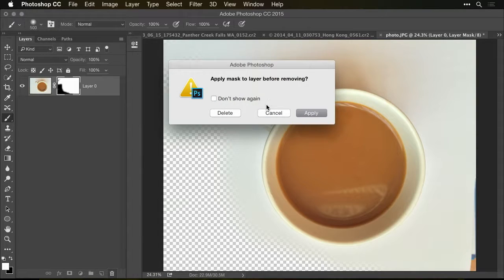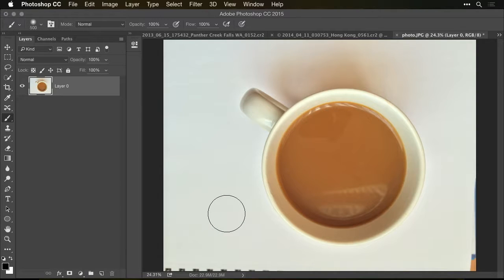When I do, it'll ask what to do with it, and if I were to click apply, it would truly delete the areas that are hidden, where it would be as if I used the eraser tool or as if I hit the delete key when I had those areas selected. But I'm going to choose the choice called delete. What delete will do is act as if I've never used that mask in my lifetime. It'll bring the image back into full view,